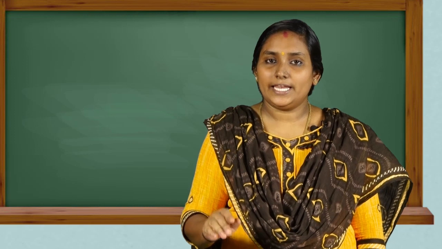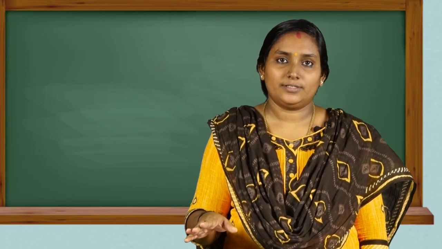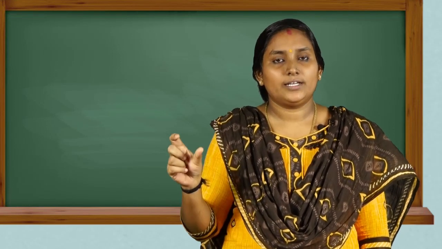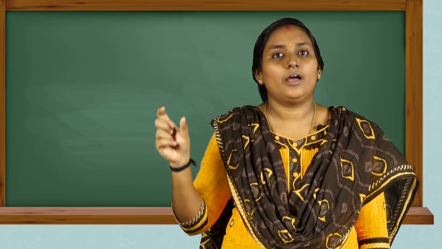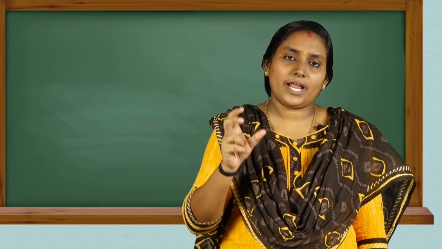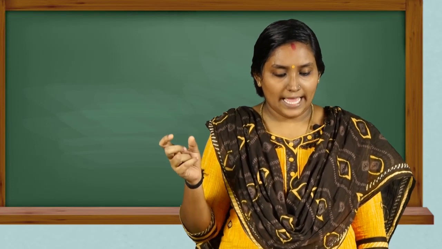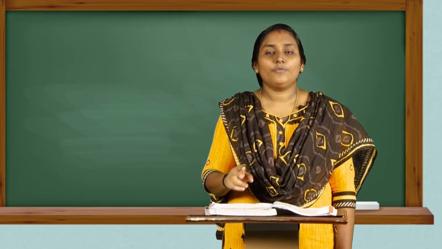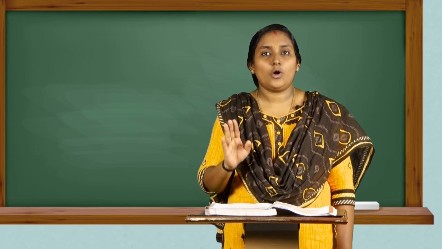The next portion is properties of rational numbers. In properties, the first one is closure. We check whether the whole numbers, natural numbers, integers and rational numbers are closed or not closed. Let us check the whole numbers. In addition, if we add two whole numbers, we will get the result as a whole number. If we subtract two whole numbers, we will not get a whole number. While subtracting two whole numbers, we will not get the result as a whole number.